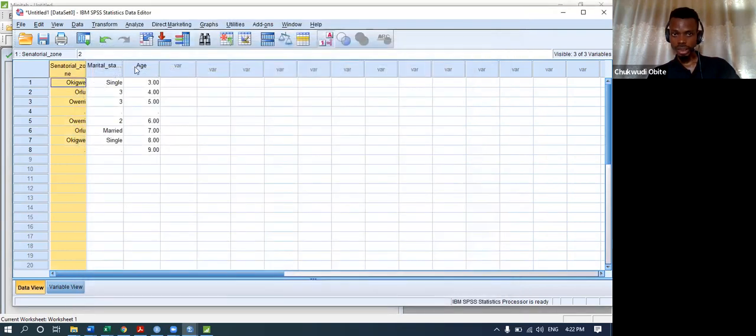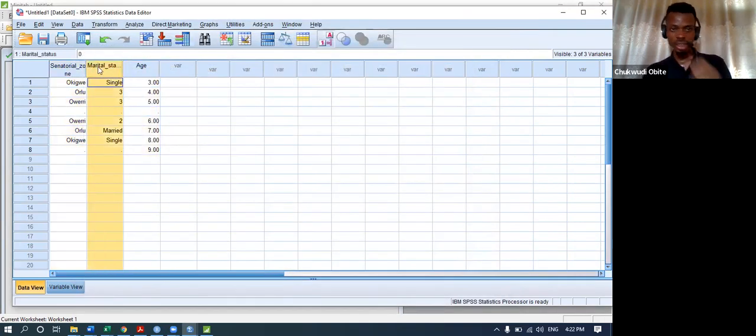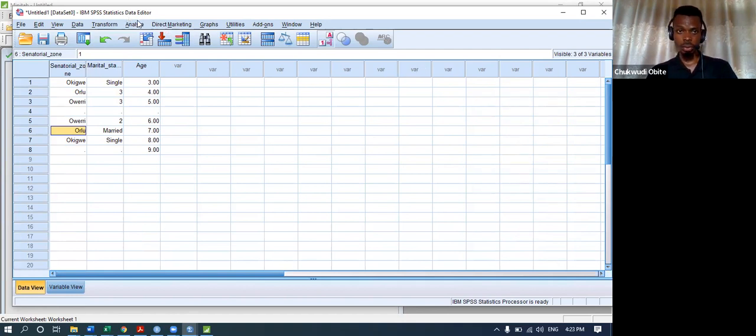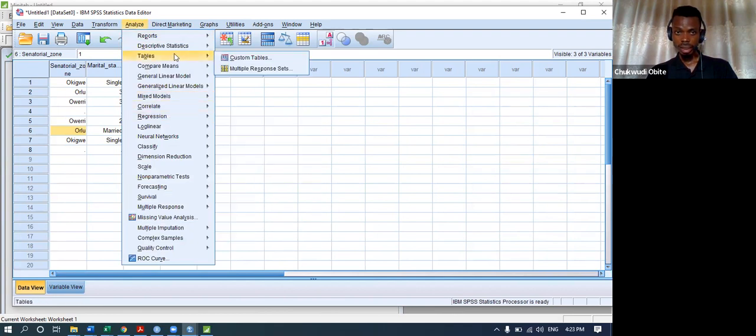It is arranged the way it is here. Now the essence of this: if I have up to 200 variables and they are not arranged in alphabetical order, most times it may be difficult to locate a particular variable. If I have up to 200 variables, like variable 1, variable 2, variable 3 to 200, and they are not arranged in alphabetical order, and I'm looking for a particular variable when I want to do analysis, I come to